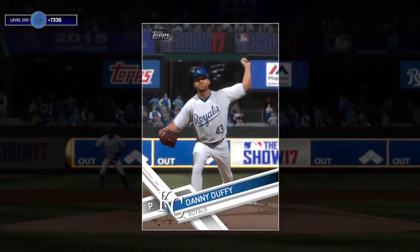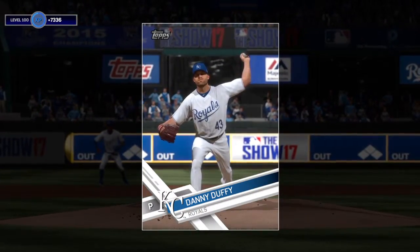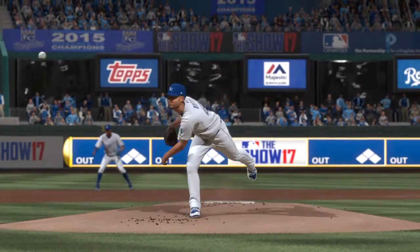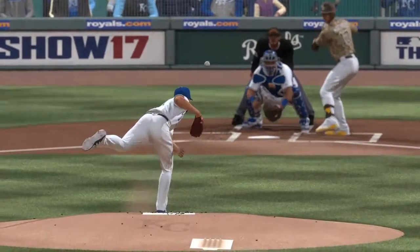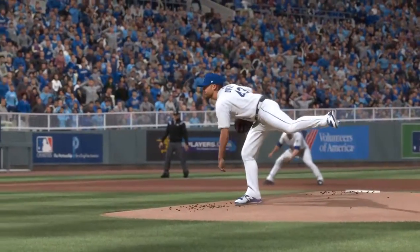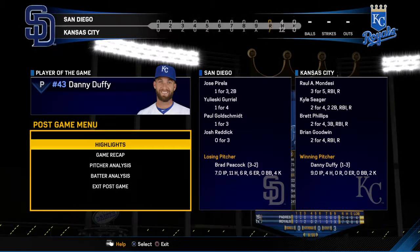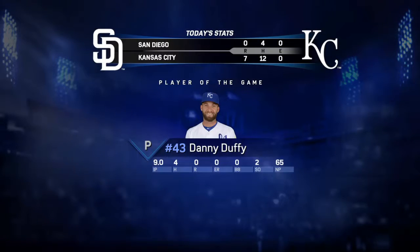And the Royals get a complete game shutout from their starter as this ball game is over. Well, we've talked about his dominance all throughout the game, and he ended up finishing what he started. A complete game shutout. He's our top player of the game. Yeah, there's absolutely no debate as far as I'm concerned. He dominated this game, and he really never...